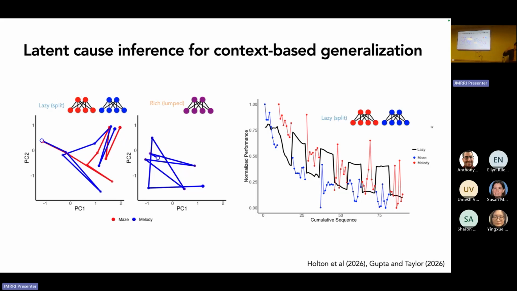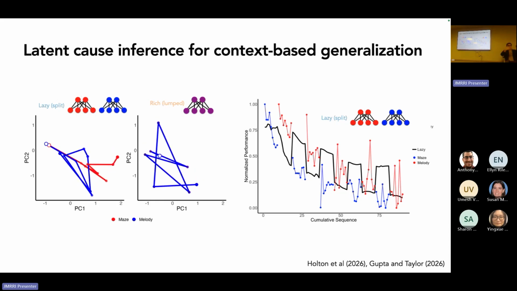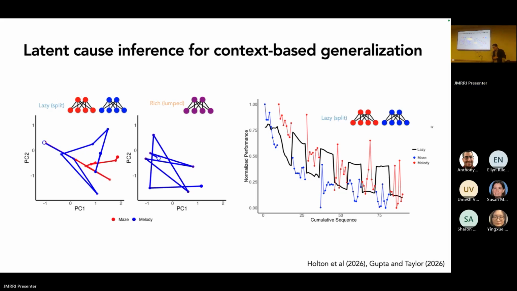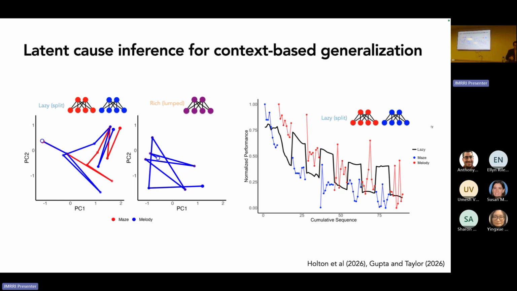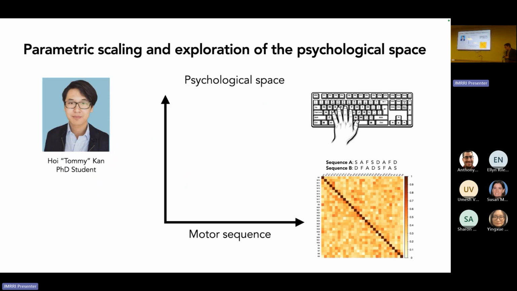And so there are good things and bad things about generalization. Maybe you want to keep things separate, or you want to push them together, right? You can cause interference, or you can cause something like a skill to build up. We've just started this kind of work, and where we're going is to build this up and do it in a parametric way. One of the grad students in the lab, Tommy, is taking this and doing basically a parameter sweep across these tasks. You can imagine that we can say, here's a sequence that you've got to play, here's another sequence that you've got to play on the keyboard. How similar does a person think they are?